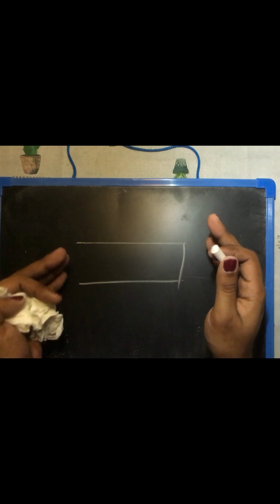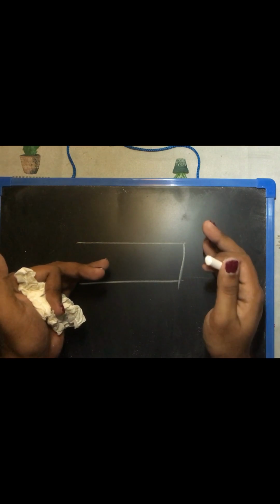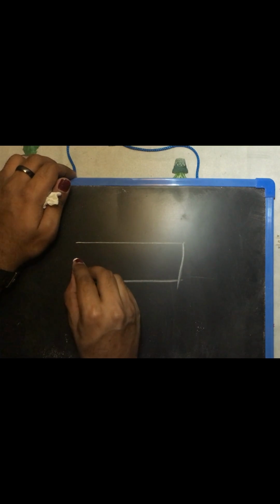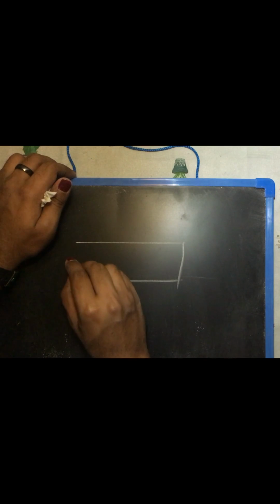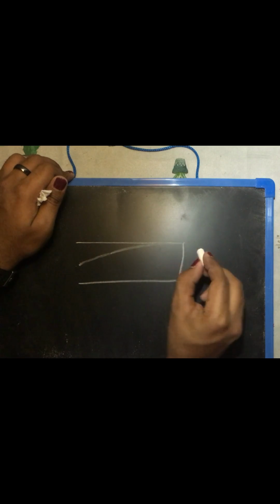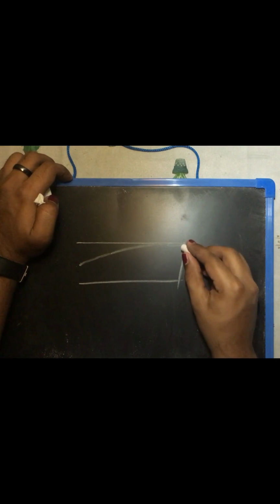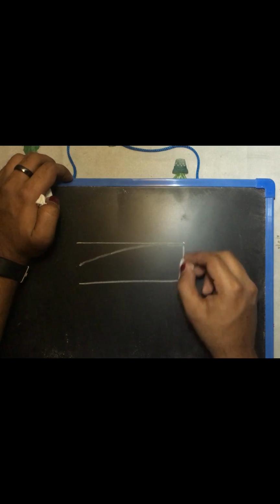If one end has an antinode, the other one has a node, or vice versa. So if the opening end has a node, the other one must have an antinode. That's a fact. That's something you have to remember, okay? Because there is nothing else. There is no, this is closed. So